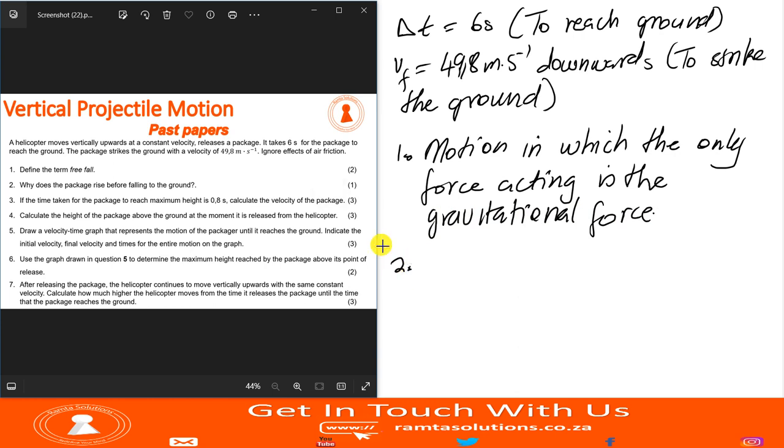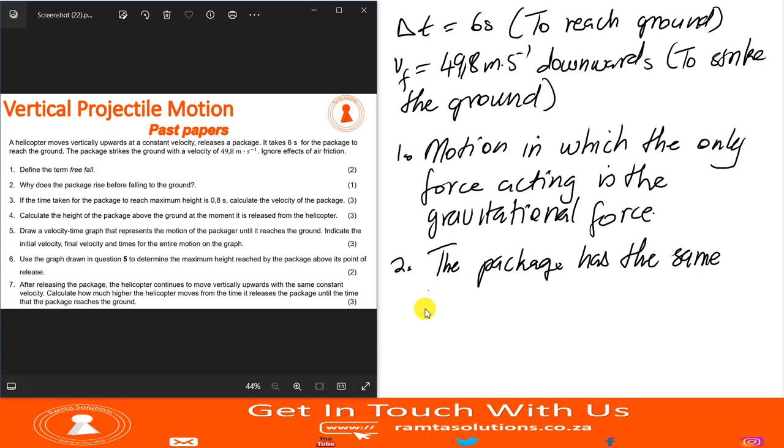Question 2. Why does the package rise before falling to the ground? This is covered in one video that we uploaded on relative velocity. The reason is simply that the package has the same velocity as that of the helicopter. This is why it's rising. Let me write it down: the reason is that the package has the same